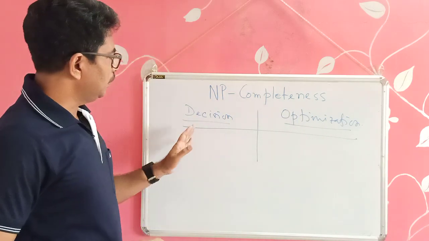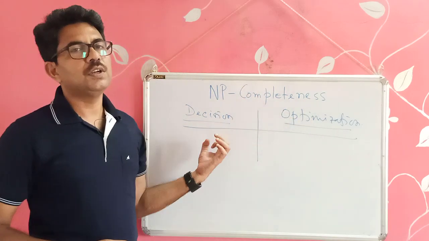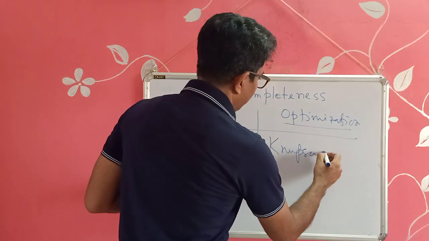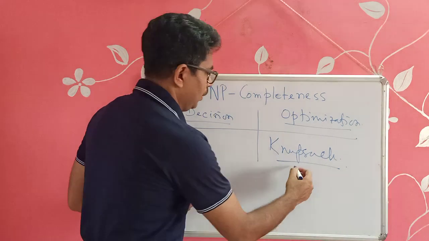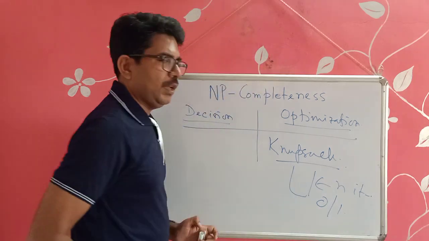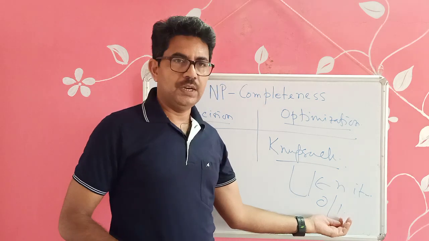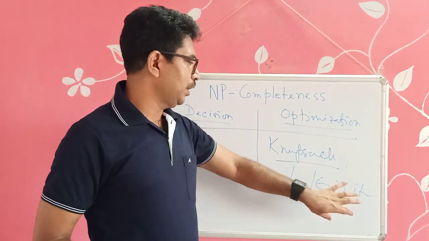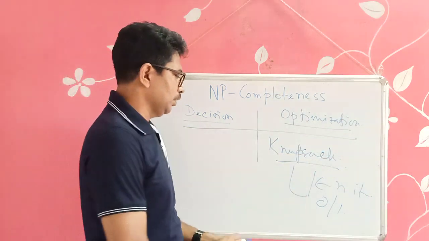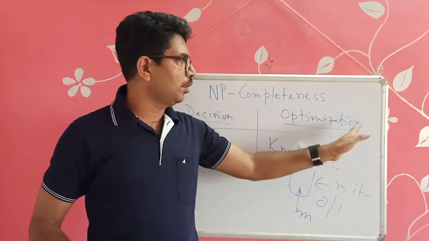Similarly, any optimization problem can be converted to a decision problem, just like the knapsack problem. Already we have discussed the knapsack problem. It means we have n items, and if we consider the 0-1 knapsack problem, then either we choose an element or we do not. After selecting some of the elements from these n items, we have to check whether the profit is maximized or not. Obviously there will be some capacity of the knapsack. So we know this problem as the knapsack problem, which is an optimization problem.